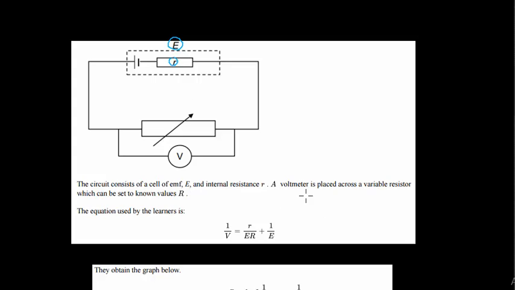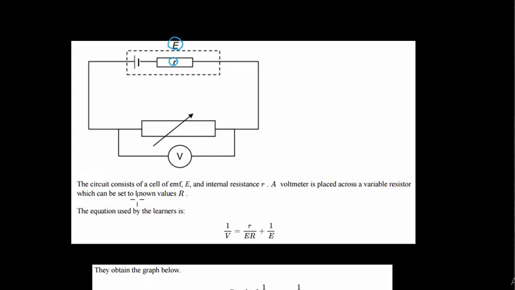A is a voltmeter, a voltmeter is placed across a variable resistor. Now a variable resistor is a resistor whose resistance we can change as time goes by. So for example, the switch on your television or computer that increases the volume, that is a variable resistor. It is something that we can change its output energy of, and this is a variable resistor